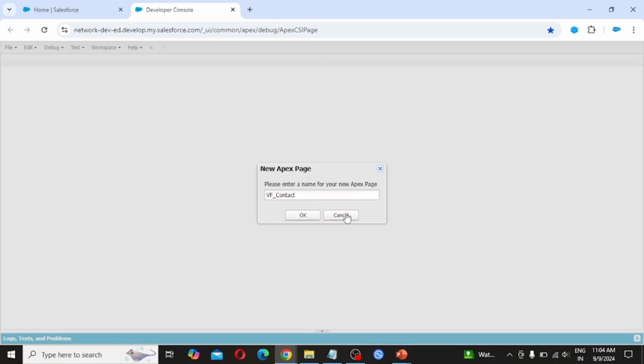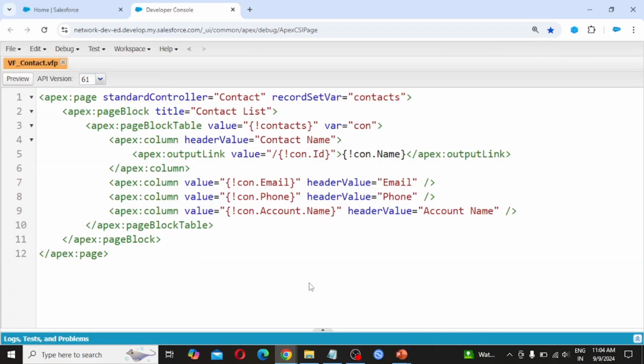Click OK. In this Visualforce page, in apex:page, for the standard controller we are using Contact, with recordSetVar contacts for fetching the data. For apex:pageBlock, the title we are using is Contact List. In apex:pageBlockTable, the value we are providing is contacts, and creating a variable con.